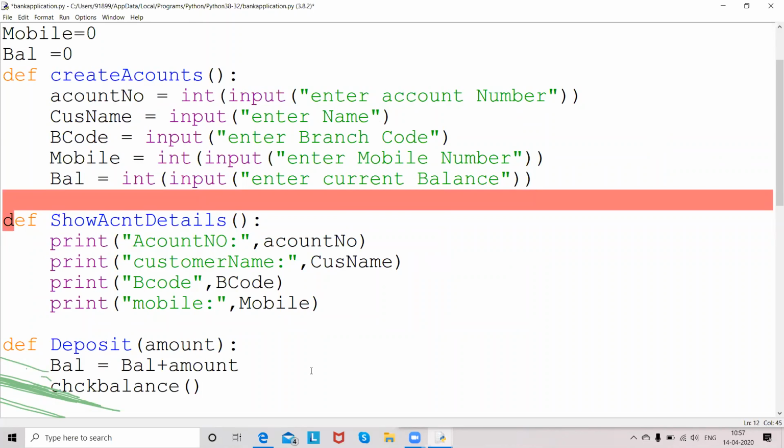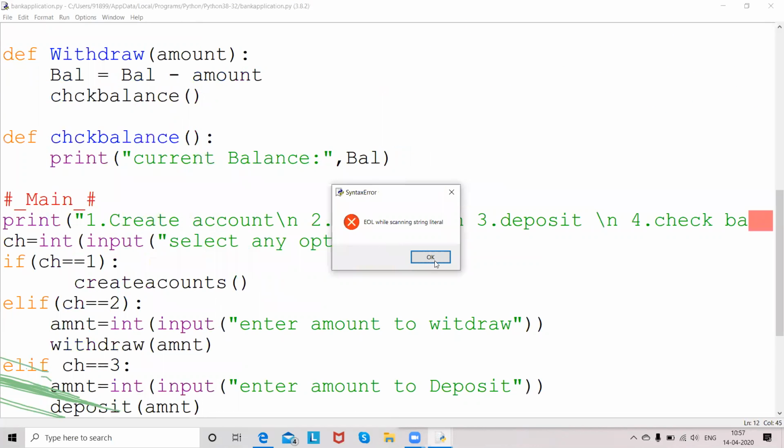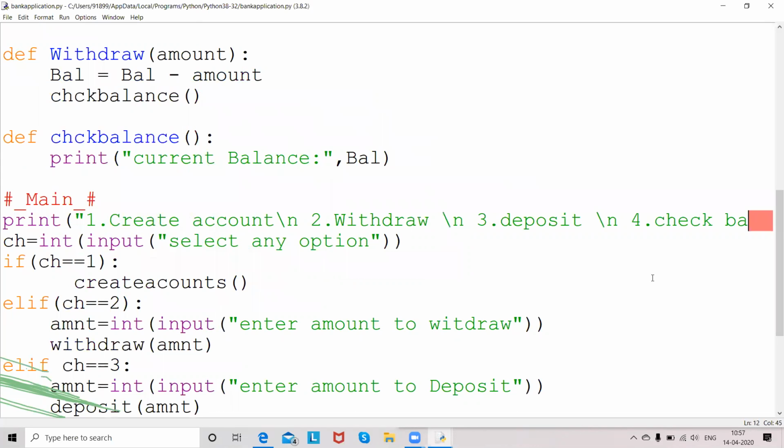Okay, then one more time. End of line while scanning string literal. Yeah, this is not done. Check balance.